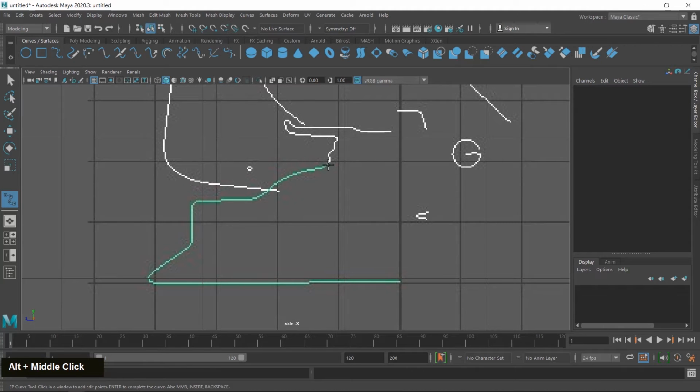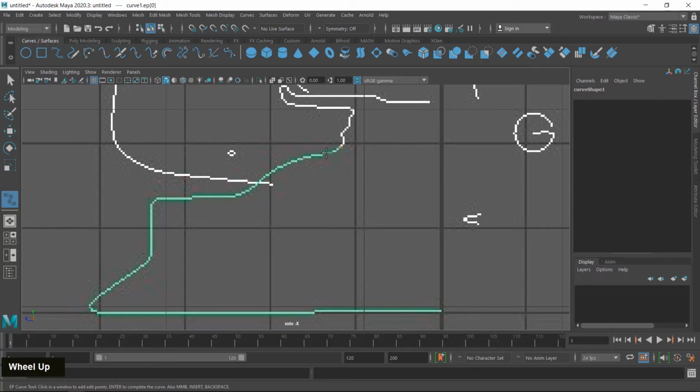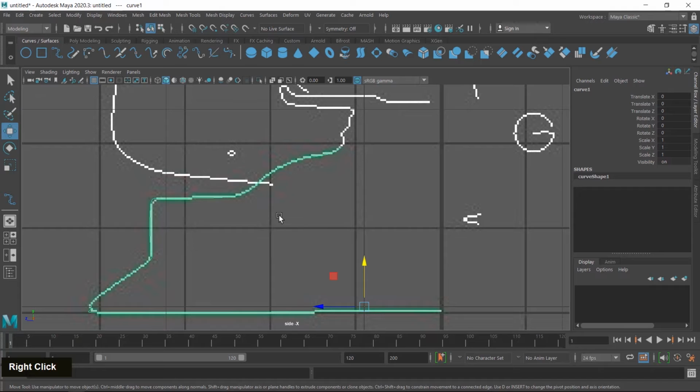I start tracing from this point. Create points nearby so the resolution of this fuel tank looks better. On a turn, create a minimum of 3 to 4 points, and press Enter to exit from the creation mode. So the fuel tank is created.